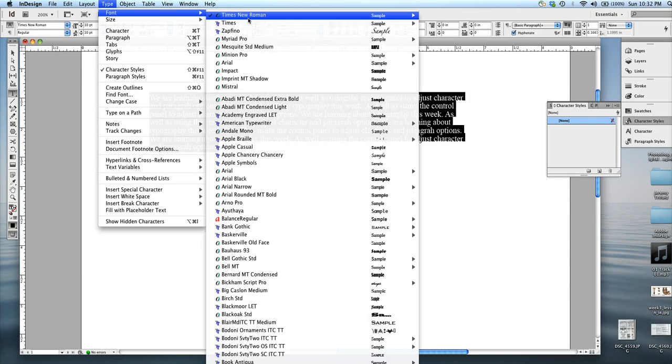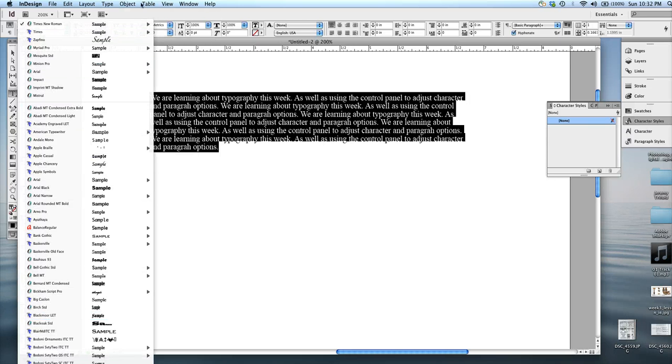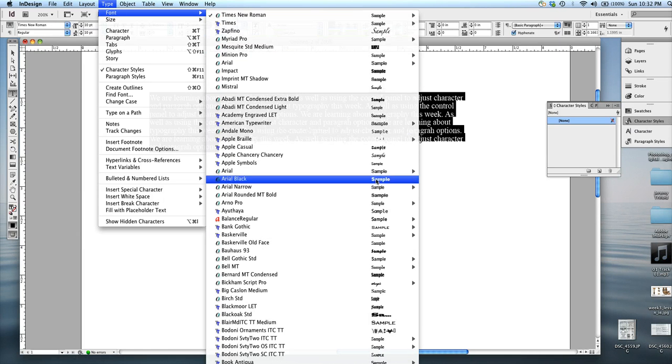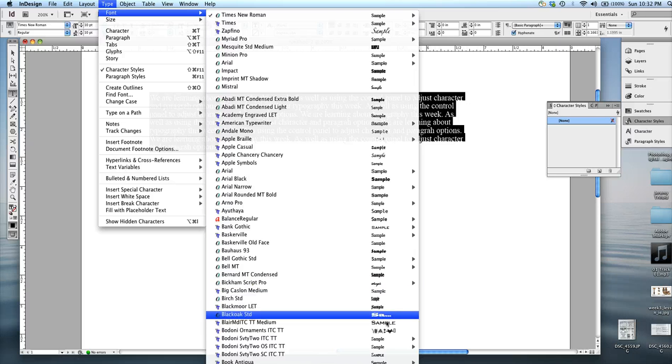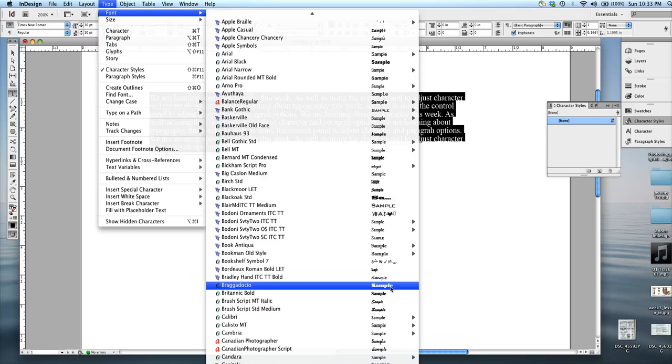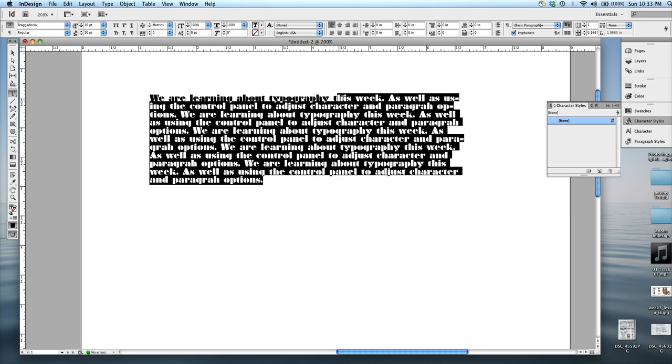There's another way to look at your fonts. One way to scroll through them is looking through here. You can also go to your menu and look for fonts this way as well. So I'm just looking for a display font. Something that I wouldn't want to use in a paragraph, but makes for an interesting headline. Obviously this is Braggadocio, I don't even know how to say it. But yeah, it looks terrible in a paragraph. However, if I was just going to do "learning about typography", delete